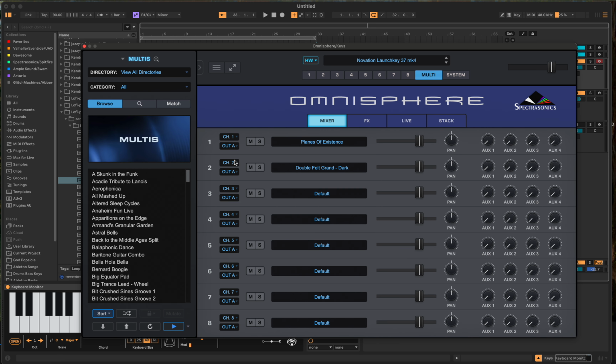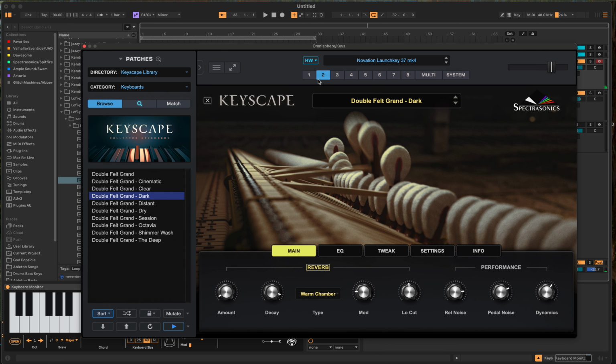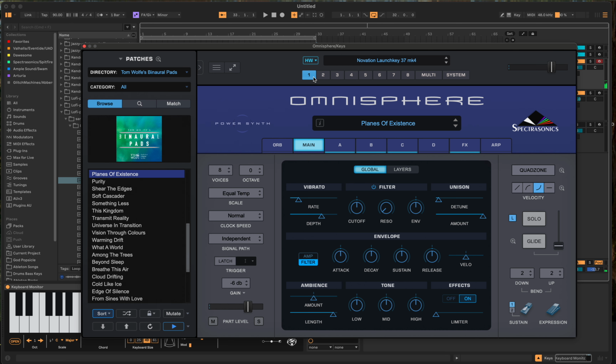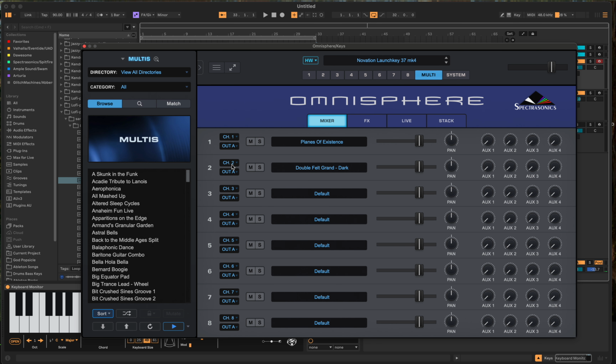So if you see here on channel 2, I have the Keyscape. And you can't hear it because it's only playing through channel 1. I would have to change the MIDI channel. So in my keyboard, if I hit settings to channel 2, it doesn't just play it automatically. I would have to go in. But what you can do is set it to the same channel as this, and now